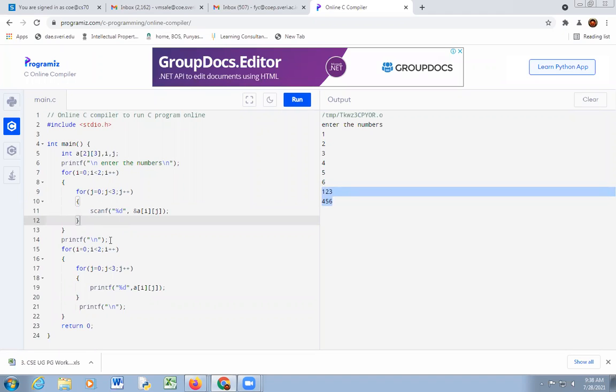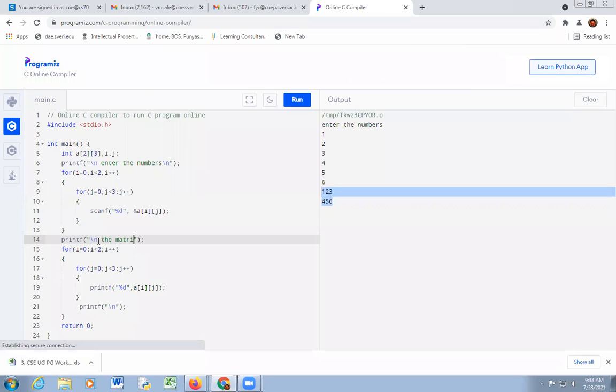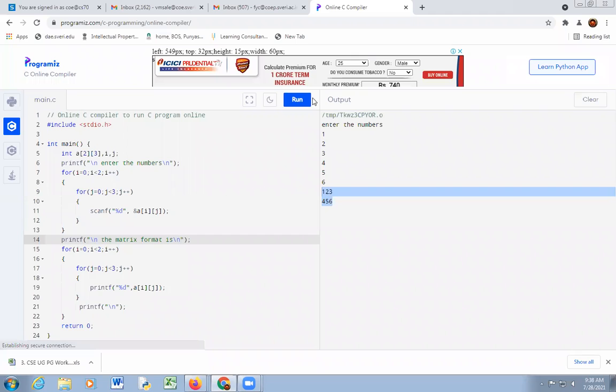For this, here we'll write one comment or one line. The matrix format is \n. Enter numbers. Suppose the entered numbers are 1, 2, 3, 4, 5, 6, and this is the matrix format.